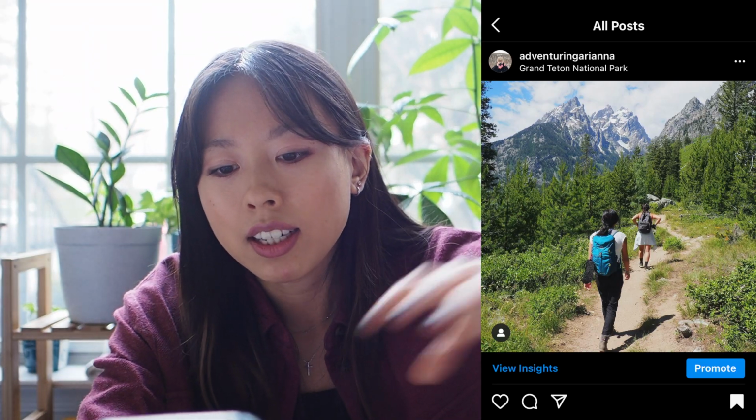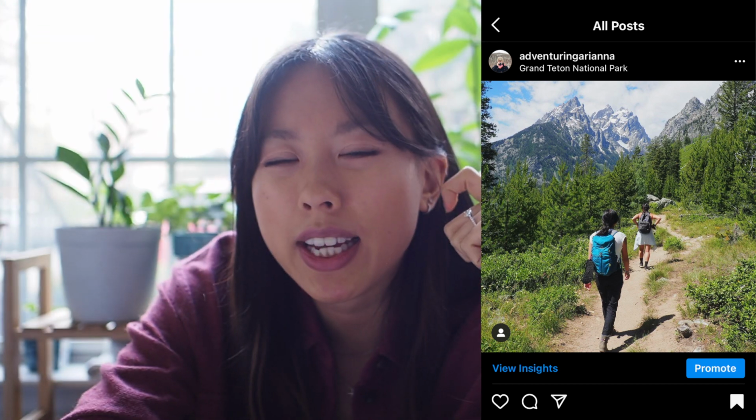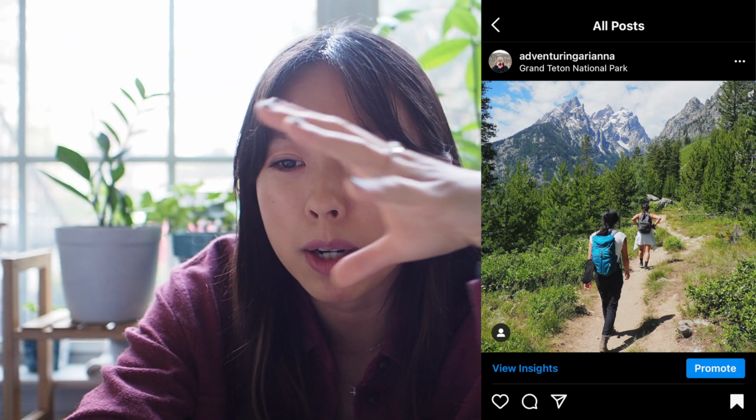So like some of these, with the Grand Teton mountain range in the back, and then my sister and I hiking there. I had my brother take this very specific shot because I liked the way that the hiking trail was the leading line to that mountain range in the background. If I did it again, I would actually keep this as a vertical photo and not crop it to a square, because you have more of the top part above the mountains, so that is more of a focal